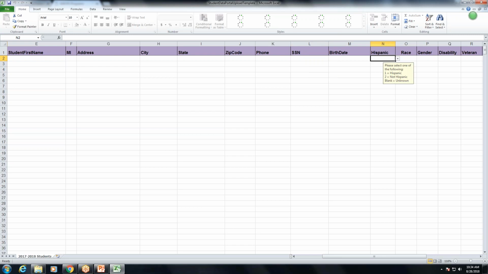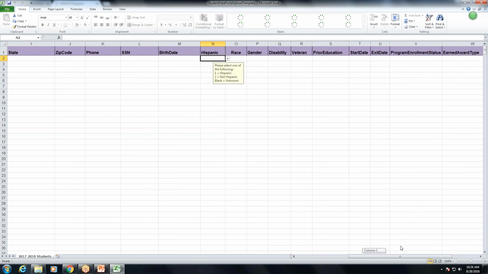And then all of these columns over here, this is what I was talking about with the drop-down menus. So say this column, Hispanic, it wants you to either select 1 for Hispanic, 2 for not Hispanic, or blank for unknown. So this little drop-down menu will let you select a 1 or a 2. We just added these to the spreadsheet maybe 2 years ago, and it seems to be helping a lot. Before, you could kind of enter anything that you wanted,